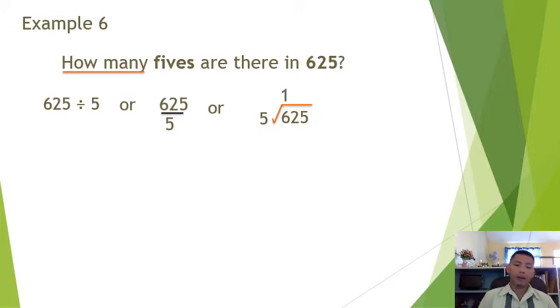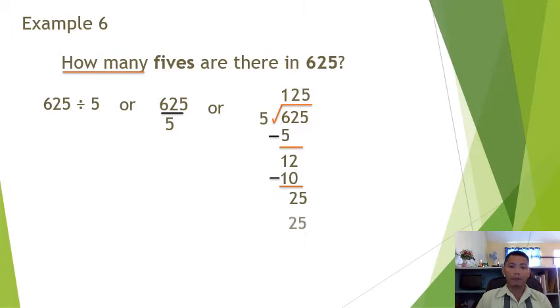6 divided by 5 is 1. 1 times 5 is 5. So let's get the difference of 1. Bring down 2, it's 12. 12 divided by 5 is 2. 2 times 5 is 10. And the difference is 2. Bring down 5, that is 25. 25 divided by 5 is 5. 5 times 5 is 25. Difference of 0. So the answer is 125. Okay, is that clear? I hope so. Don't be confused. Next,